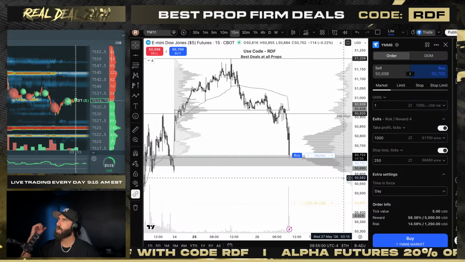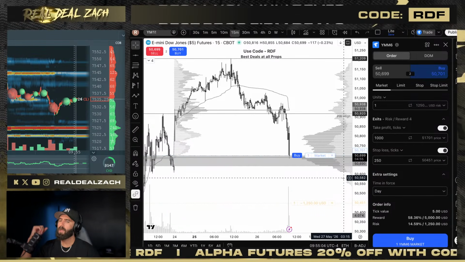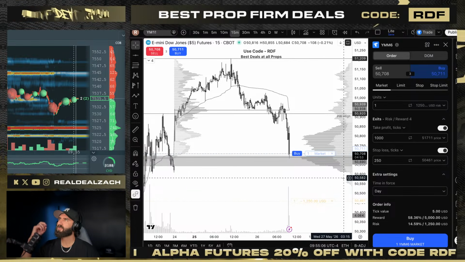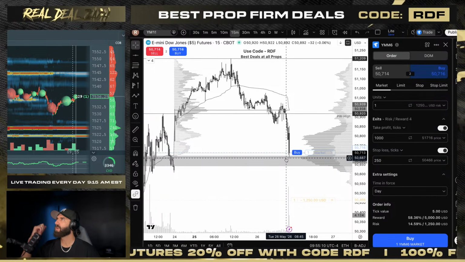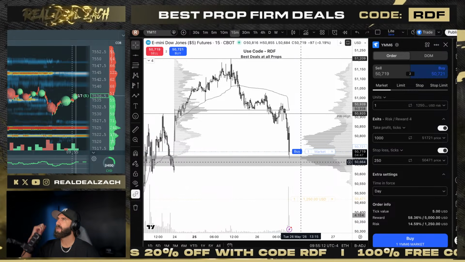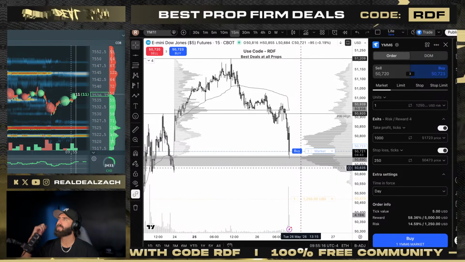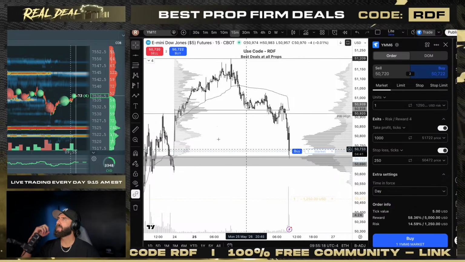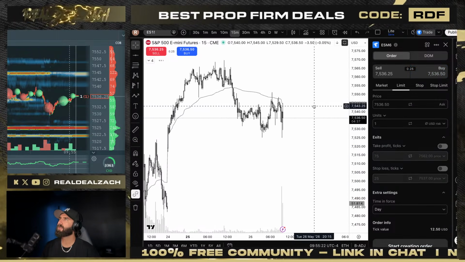Guys, I'm watching this as I'm yapping here, and I'll talk to you guys in chat. I'm watching this for a long here. I do like it. We came all the way back down. We're hitting this zone, finding buyers in here again. Sweeping this 930 low. We have news coming up at 10 a.m. It is orange folder. It's not insane, but I'm looking at this for a long.